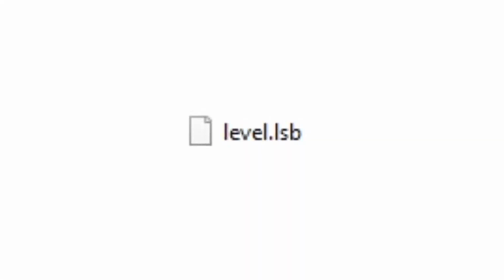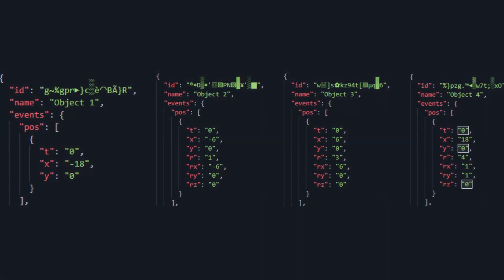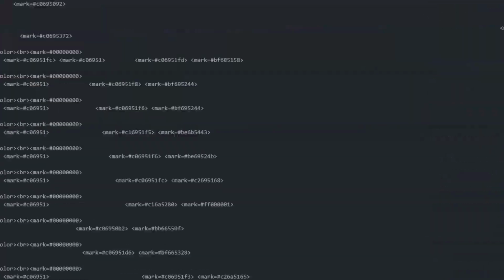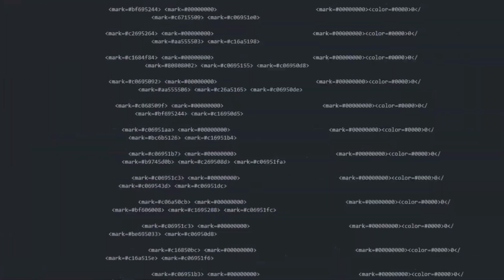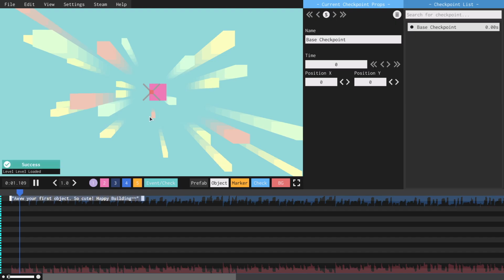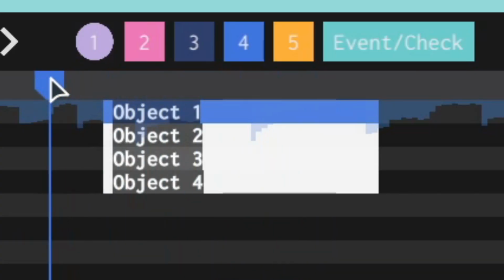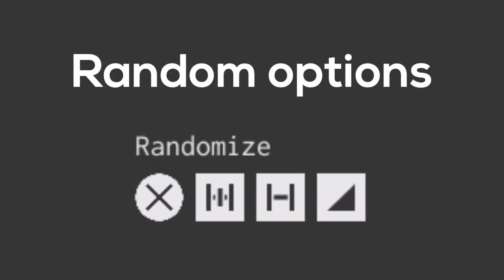If you open any PA level's file and look at some of the object's random values, you may notice something strange. Let me show you what exactly is so weird about it. In a brand new level, let's create 4 normal objects and choose 4 different random options for all of them.